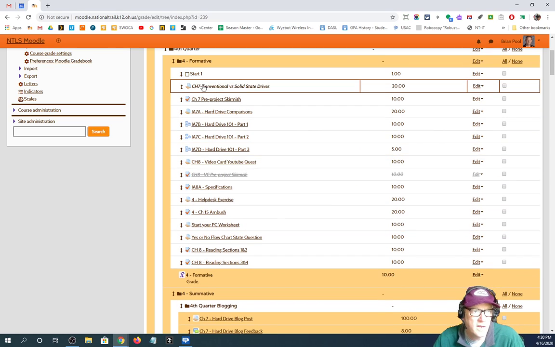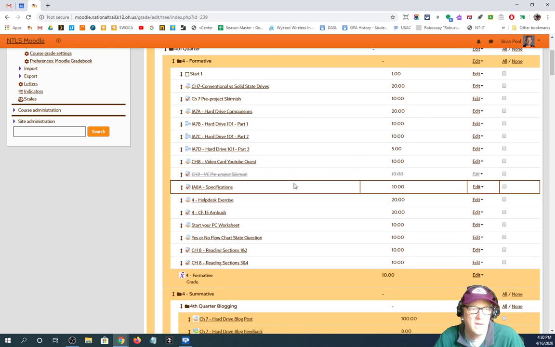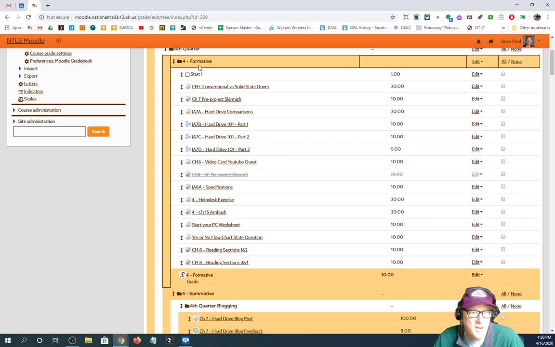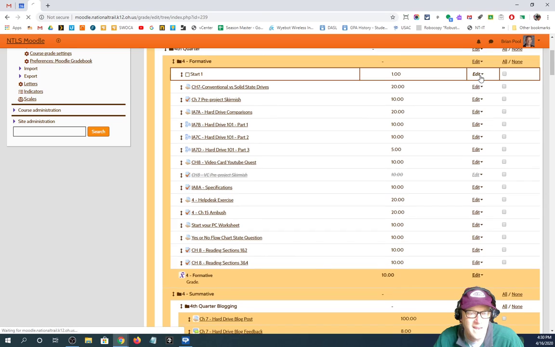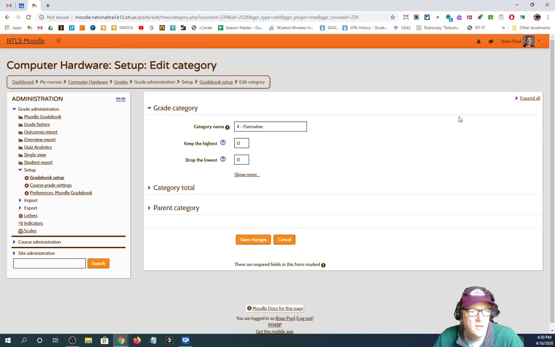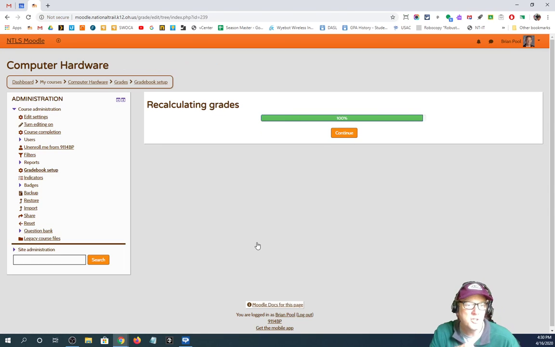So I'm going to make it so the lowest grade in each category, formative and summative, is dropped. If you've never done that before, for instance, I'm going to go to formative, go to edit, and edit settings. When I do that, right up here it says keep the highest, whatever, drop the lowest. I'm going to say 1, so that students that are on task with everything can skip an assignment,